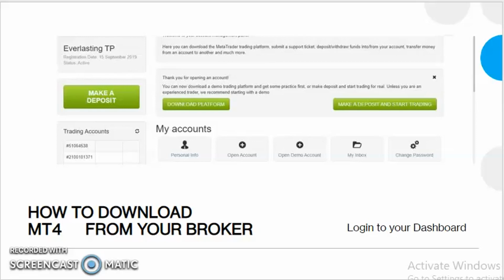Then once you do that, it's going to download, and you just click run. You allow your computer to do the installations, and then boom, that's how you have your MT4 right there. So now we go to